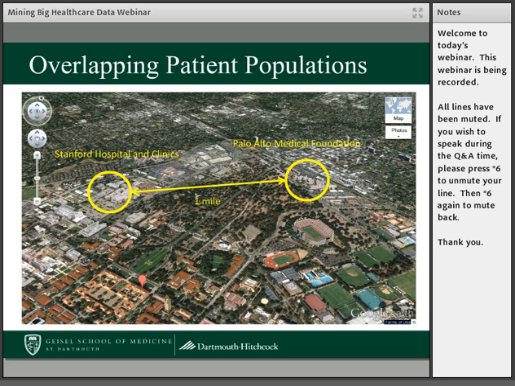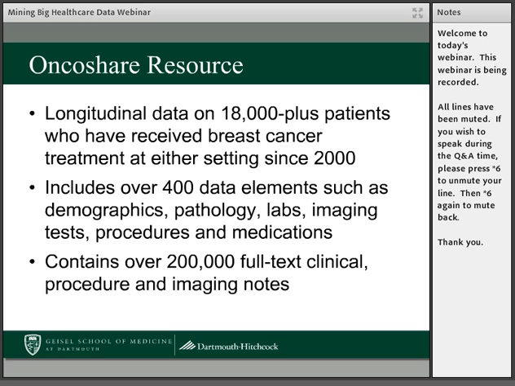So one of the issues is, if we looked at a single institution and looked at patterns of care for that institution, we would have missing information about patients who then went to another system and got care there. So we wanted to make sure that we integrate. Now there are other sites that we could have integrated into this, like Kaiser and other settings, but it turns out that these two sites share enough patients that we were able to develop a cohort of patients around breast cancer care. So again, when we look at the health system, we want to gather as much information as possible from all the systems that the patient goes to, to ensure that we have a complete picture of their care.